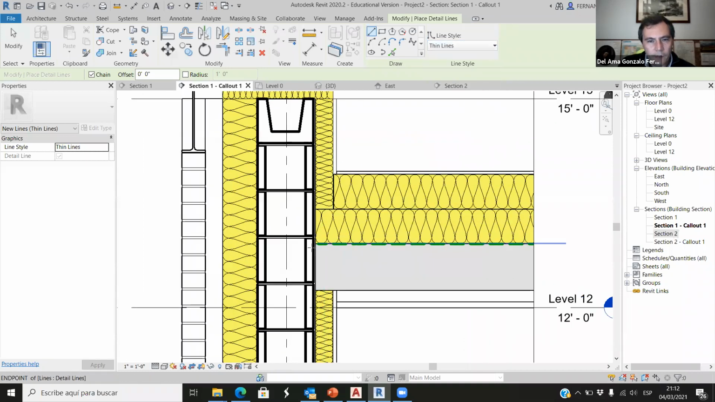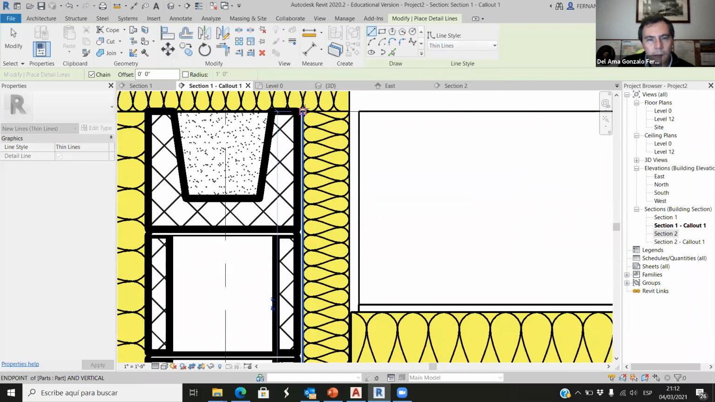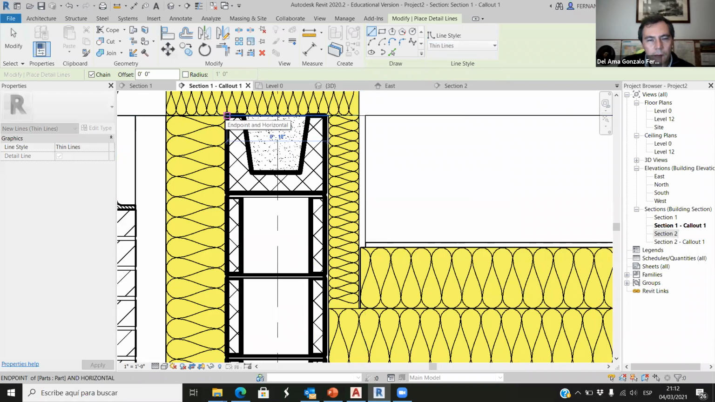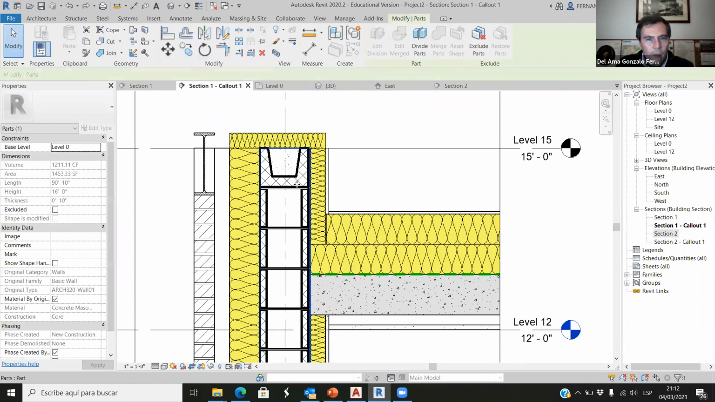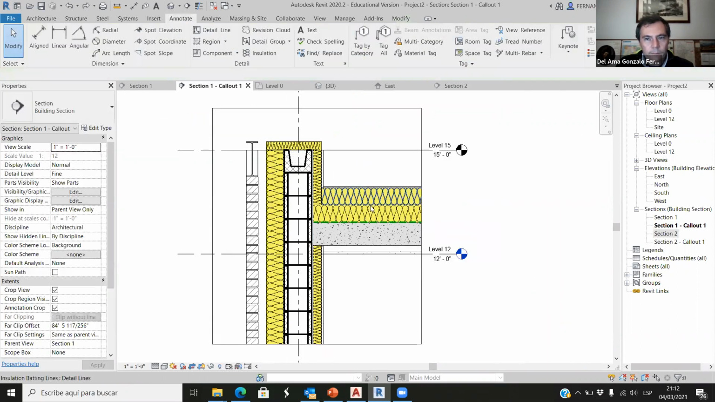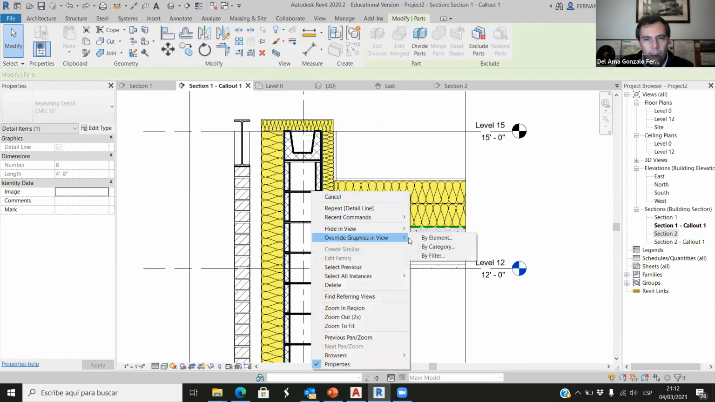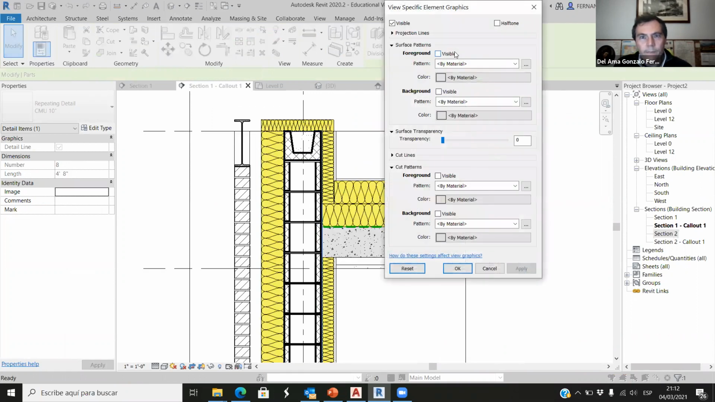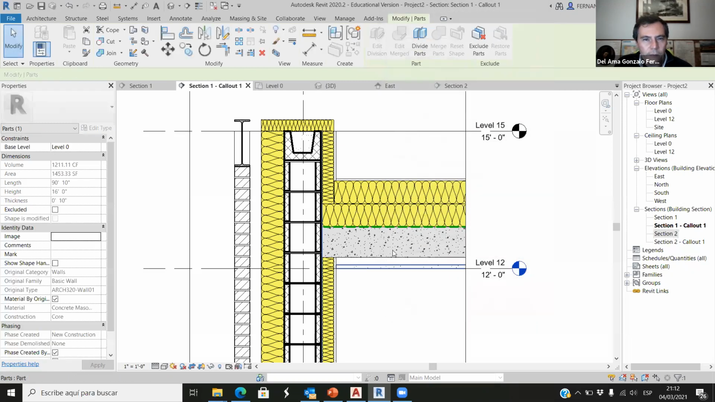Let's create this thin line, and we are going to wrap all these. Well, before doing this, because this is annoying, I'm going to work with this. So to override graphics in view, again, these are cut lines. Okay, so we are using the cut lines, and we are using, let's try 1. 1 is the thinnest line. So if we do this,